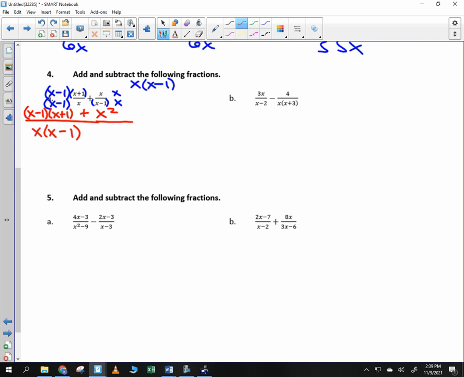Anybody, how do I multiply x minus 1 times x plus 1? FOIL, what are you going to get? X squared. You have a negative x and you have a positive x, which cancel, right? Negative x and positive x cancel, and then negative 1 times 1 is negative 1. Are there any terms you could combine together? X squared. So I get 2x squared over